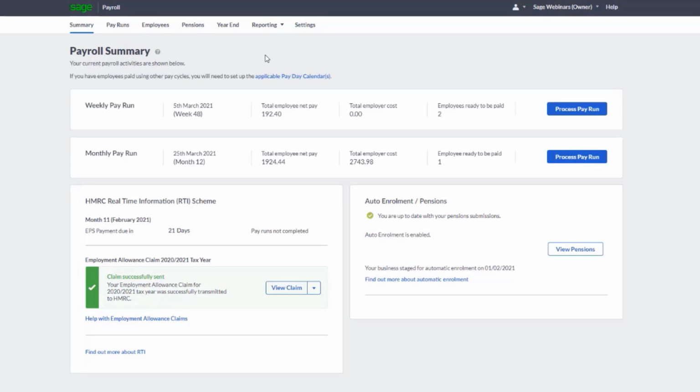In this final demo, I'm going to take you through processing a pay run in Sage Payroll. Now before I get started, I just want to show you one setting. As part of the pay run, we will be producing pay slips for our employees. So if you go to Settings